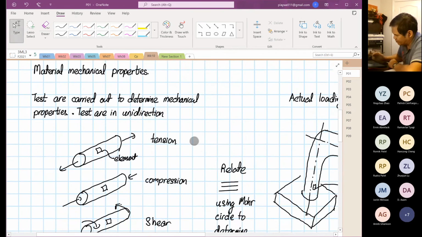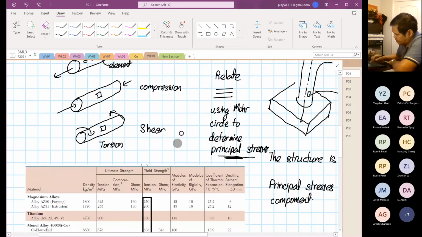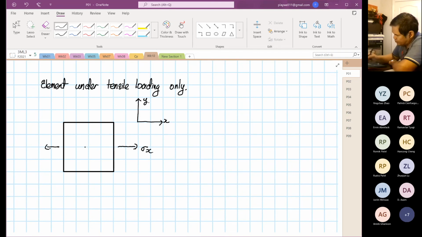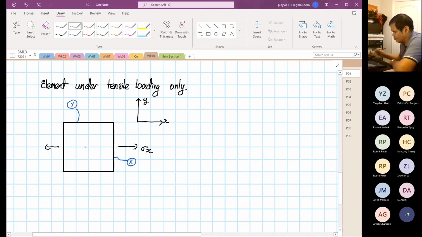Okay, so coming back to this diagram over here, so this is our X, this is our Y, and over here, wrong direction, I do apologize, there will be our Z. Okay, so I've just drawn this relating to the real world. What is an element? So there's our stress X in tensile. So usually I have a habit, or I want to train you all to have a habit. On the element, we label this as X, and the Y plane, or the plane intersecting the Y axis, as Y. Okay, so now I'm going to construct Mohr circle. I'm going to draw Mohr circle now. Okay, we are going to draw our first Mohr circle. Okay, so on Mohr circle,